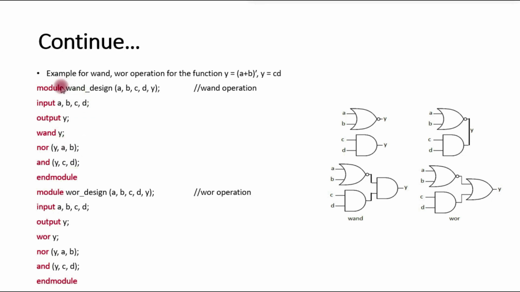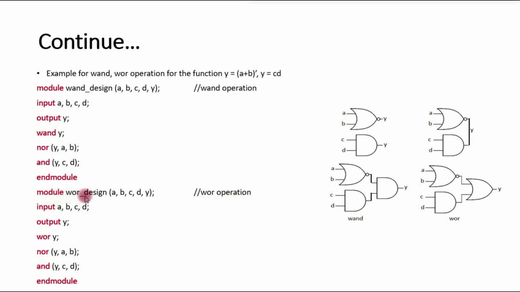We provide the Verilog program for the same logic function. So here inputs are A, B, C, D, and output is Y. Here we declared the output as a wired AND function. So it will simply provide the logic function like this. The output of the NOR gate is here, the output of the AND gate is here, and now the AND operation of these two outputs will be the final output, that is Y.